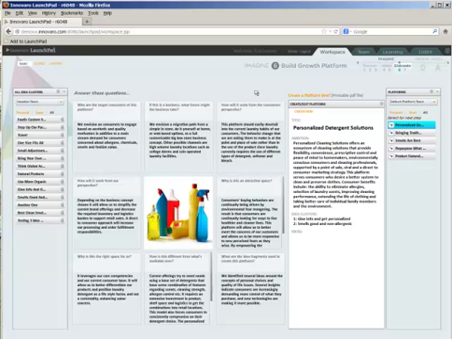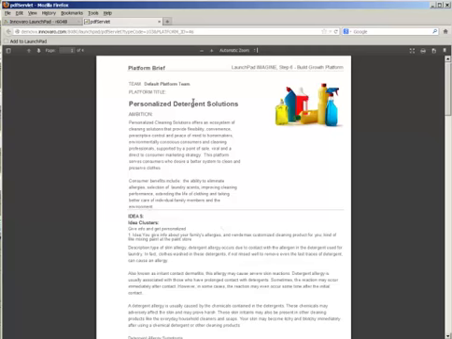The other thing that's important in here about the context is that this is great for the team working. You've still got team space and you've got learning space and all that. But when you want to share these ideas with others, it's important to be able to bring them out. So we have a button here called create a platform brief.